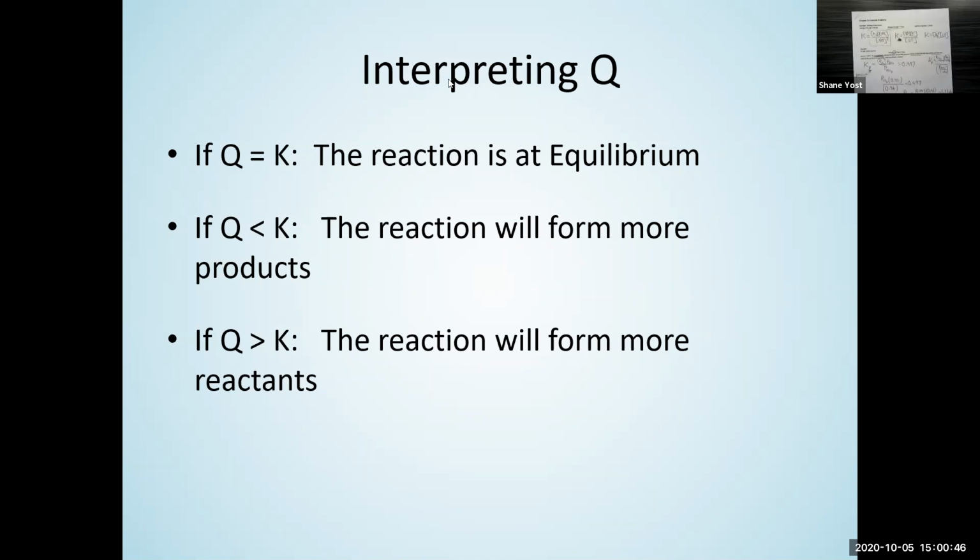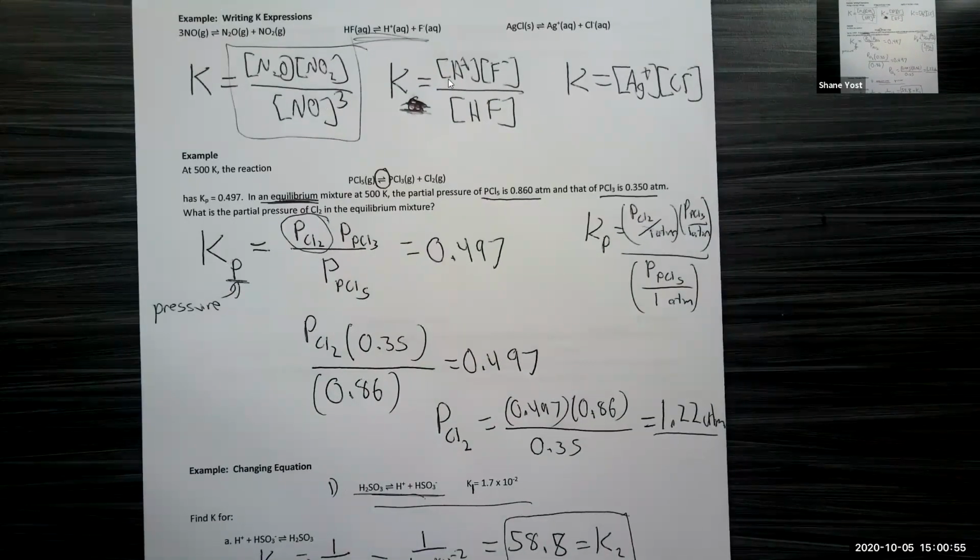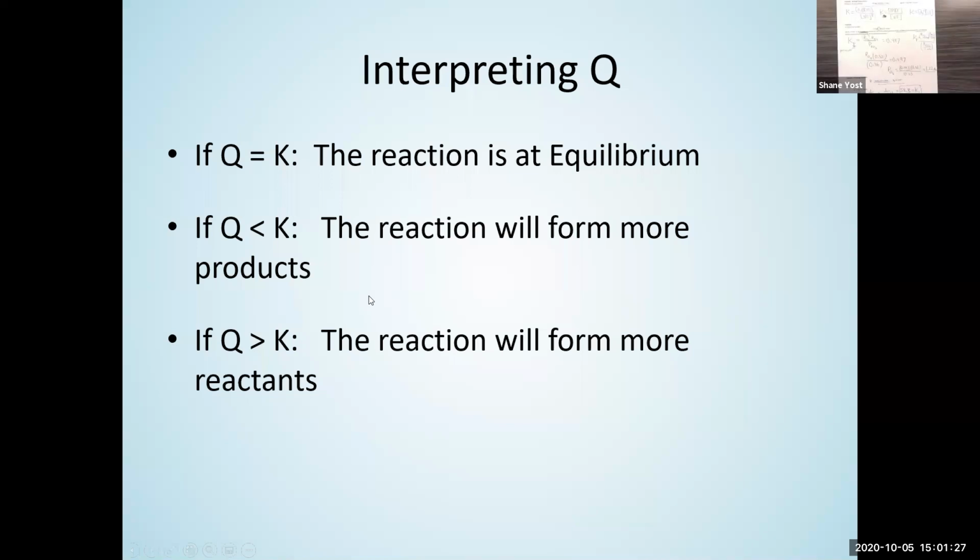Like in the example problem that we did, here we go, we plugged in an equilibrium mixture, so we plugged in the equilibrium partial pressures into the equilibrium constant expression to find the equilibrium partial pressure of Cl2. If these were some initial pressures and not necessarily the pressures at equilibrium, then I wouldn't be able to just plug those into K to solve for PCl2, because those pressures wouldn't be the equilibrium values. And we'll do some examples of that potentially today, and then plenty more on Wednesday.